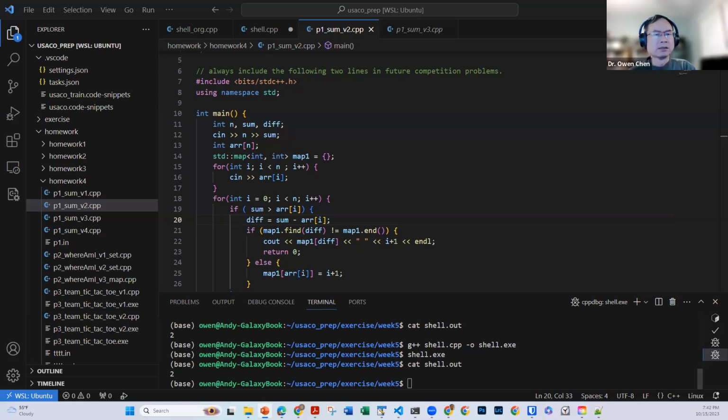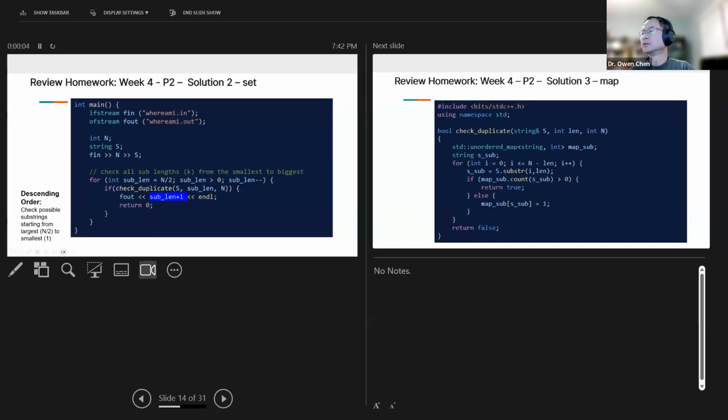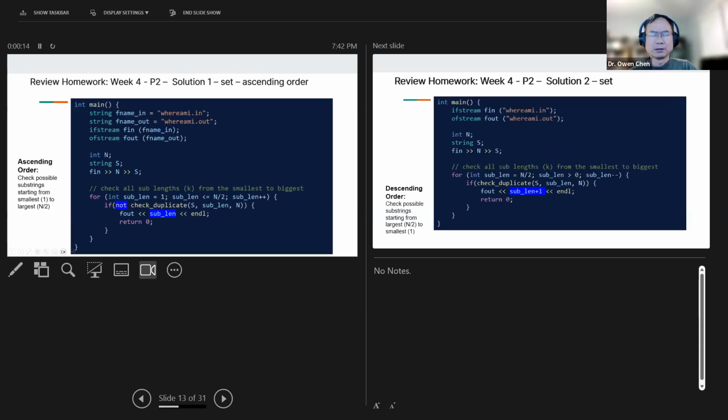Okay, let's make this bigger. So we read it. Okay, this is still not used, doesn't matter. Let's fix this later. Read the input into N and S. Then